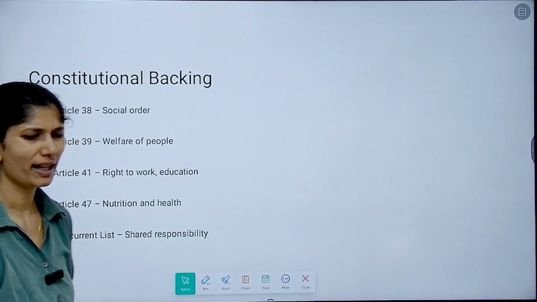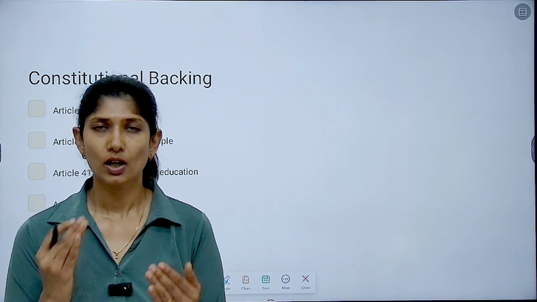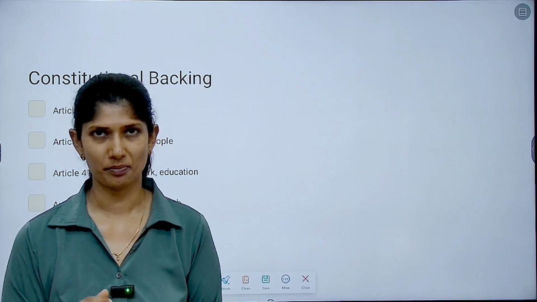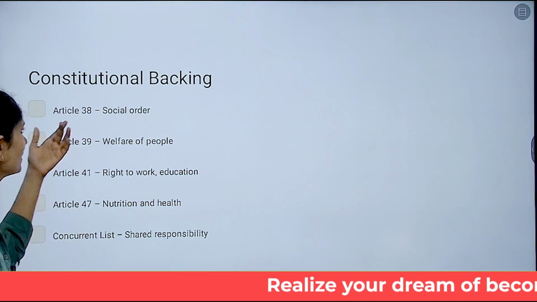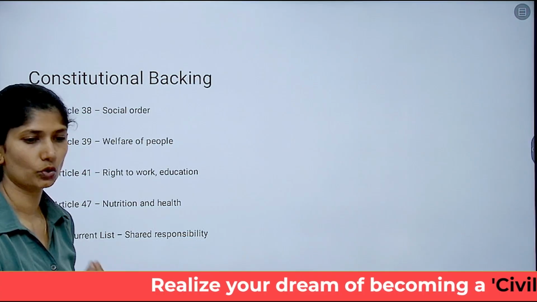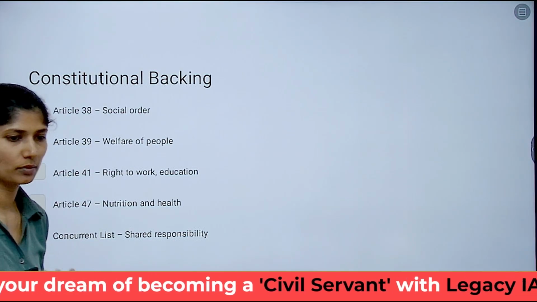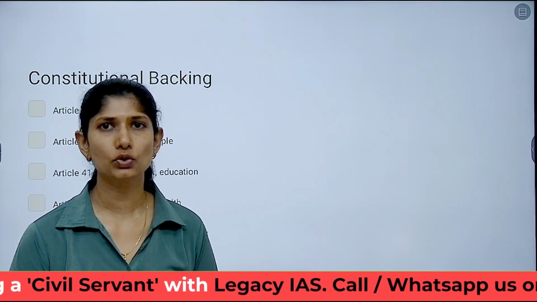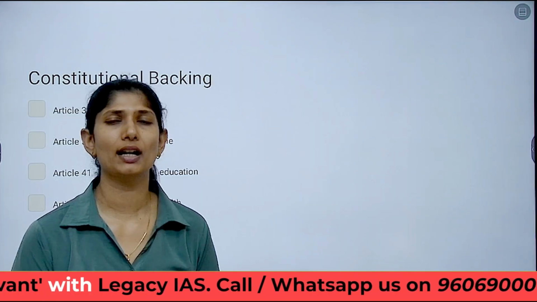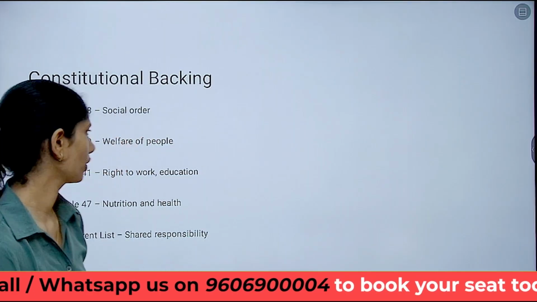So with respect to any scheme in general, it is all about a policy where the market fails and the government steps in. In this generalized picture, where do we see this? Largely in your DPSPs, where Article 38 speaks about the social order, and Article 39 about the welfare of people, equitable wealth distribution, in a manner that is holistic and sustainable.